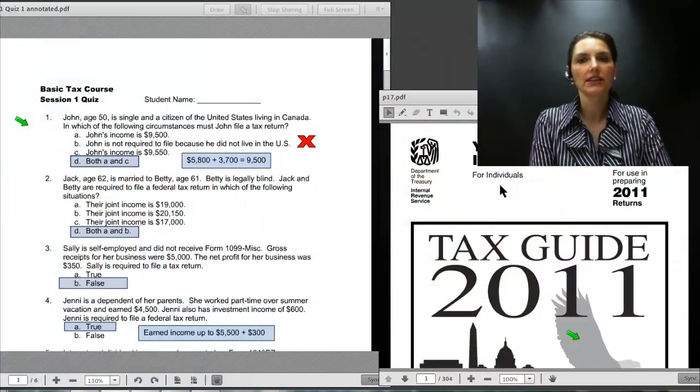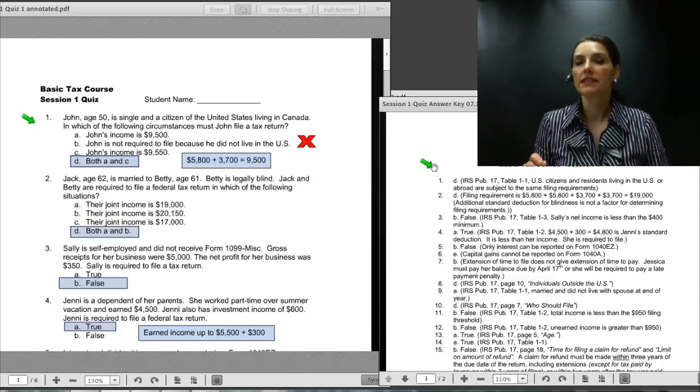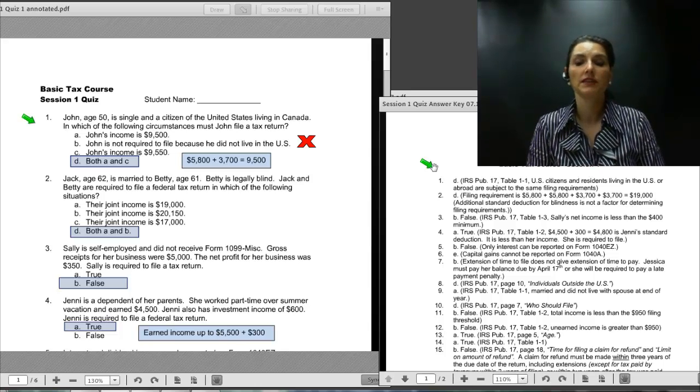We're going to begin Session 3 with a review of the Session 1 answer key. And before we move on, I wanted to remind you that you can access the Session 1 quiz answer key from inside the materials page for Session 3. You might be a little bit confused that the Session 1 quiz answer key is inside Session 3, and the reason for that is that Session 3 is when we actually review the quiz, and we don't want you to be reviewing the quiz answer key or have access to the answer key until you've actually completed the test in